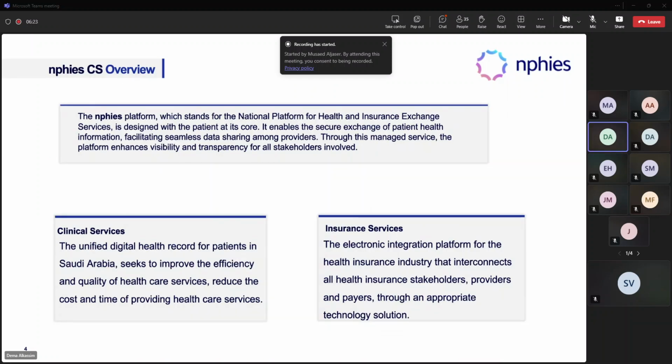Now let me introduce the Nafis platform. Nafis stands for the National Platform for Health and Insurance Exchange Services. The platform is designed with the patient at core, enabling the secure exchange of health information. This allows for seamless data sharing among the healthcare providers, ensuring that the patient data is accessible where and when it's needed. Through this managed service, Nafis enhances visibility and transparency for all stakeholders involved, making the entire process more